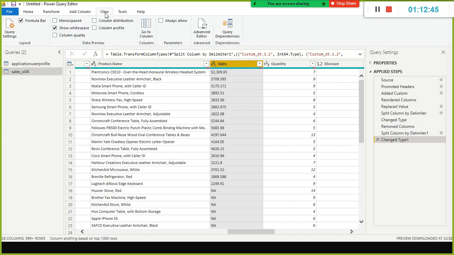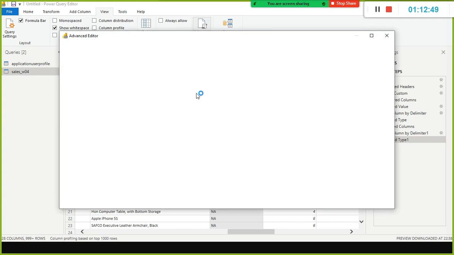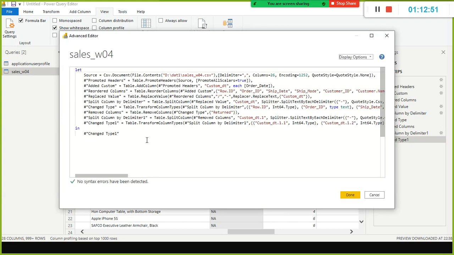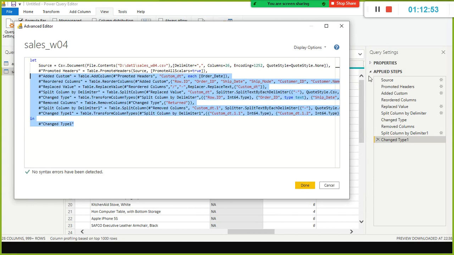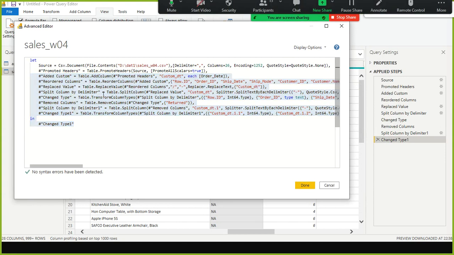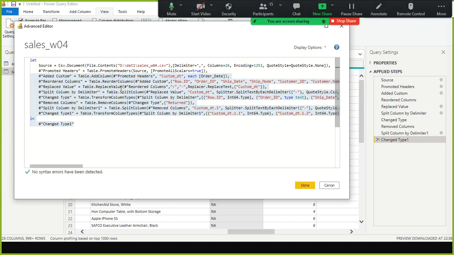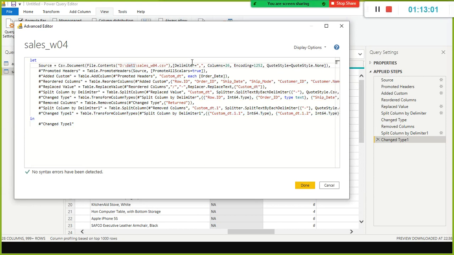When you go to the view button, you also have something called advanced editor. In the advanced editor, whatever changes got recorded are all written in the form of M language. This is written on our behalf by the Power BI tool. You don't have to write any M language.